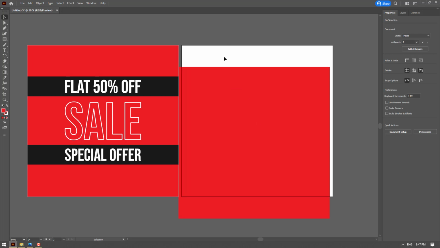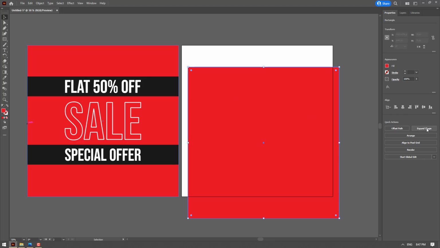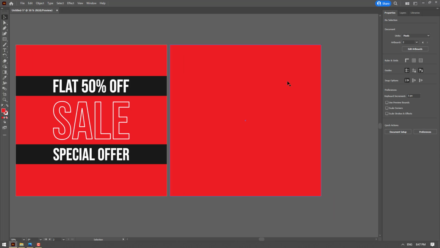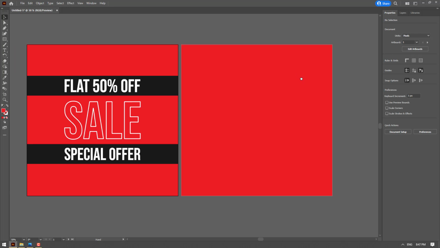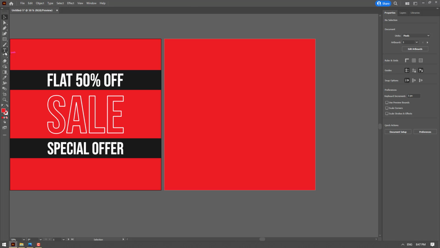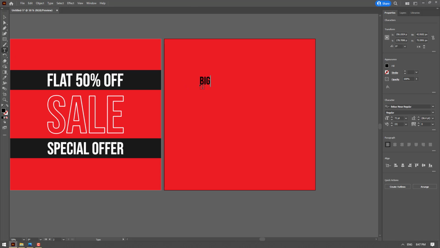You have to click on this artboard first to make it active. Now use align to align it to center. I'm going to select this one and press Ctrl or Command 2 to lock it again. So Ctrl or Command 2 to lock. Now again I'm going to go to the type tool, and this time I'm going to type big, create another copy of this, select them, offer, create another copy, flat, space 50% off,